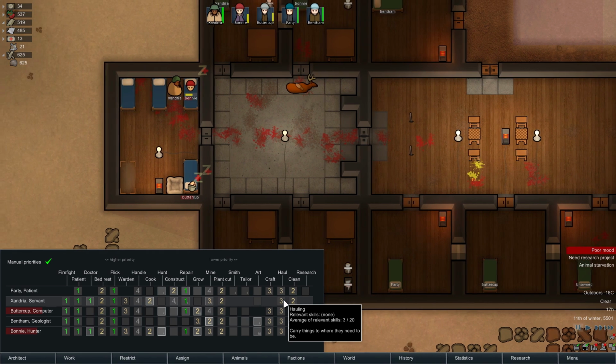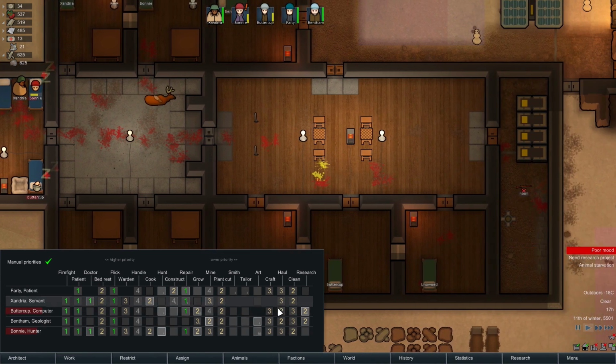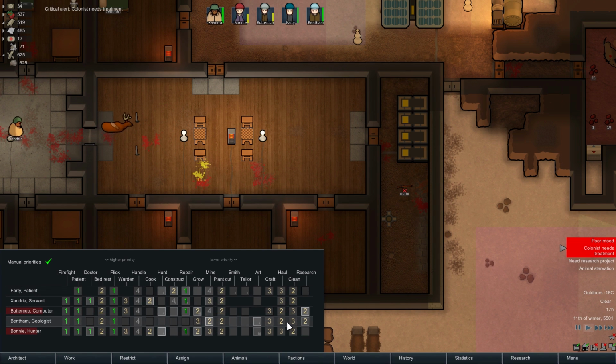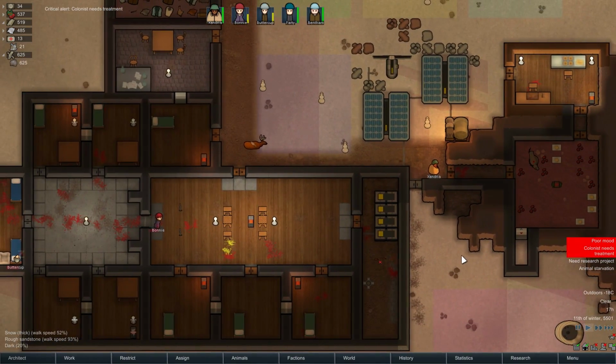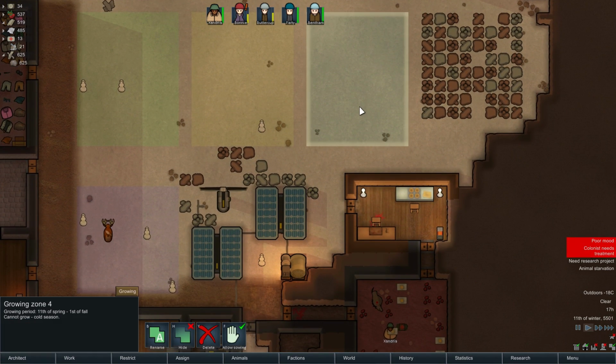And then... Farty... No, not Farty, because Farty tends to have issues. We'll have Bentham and Buttercup doing hauling as a higher priority. I want 3 people. In fact, no, Bentham, you help out with the cleaning as well. One person will do hauling as priority over cleaning. The others will all do cleaning as the priority. I just feel that this is going to be really necessary for us to try and get this situation under